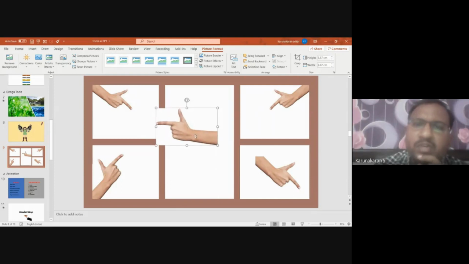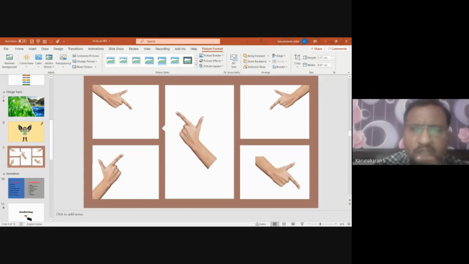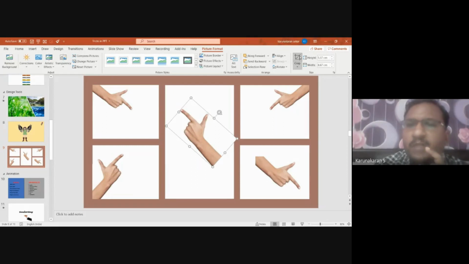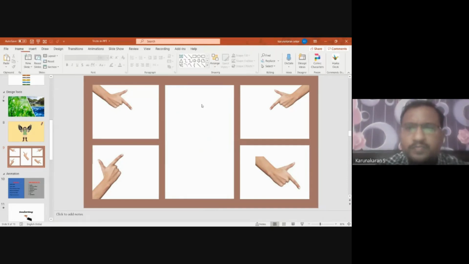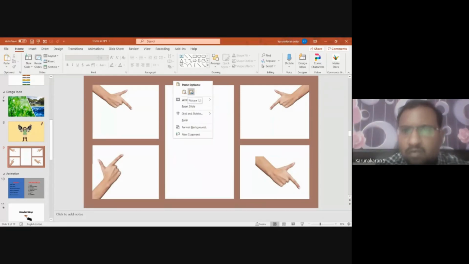When you want to crop this in a different direction, rotate this first to the angle which you need. And this technique most of us don't know. When you rotate again, if you press crop, it will show only in the rectangular direction because that was the original image, right? So I'm avoiding that. After rotating it, what I'm doing is I'm right clicking it, right click on it, cut, and then while pasting, see, you will have two options here.